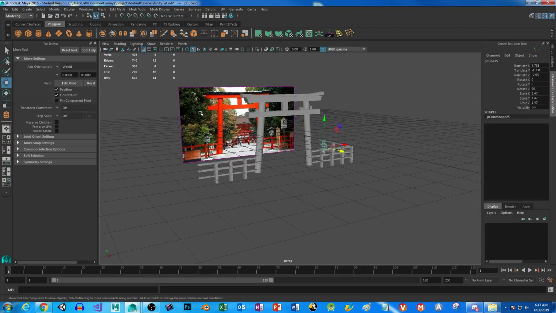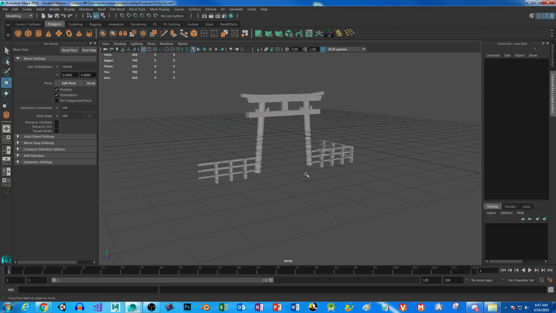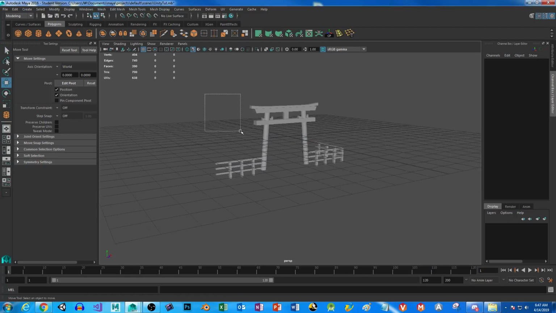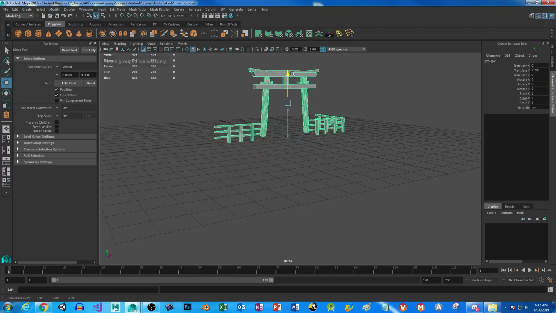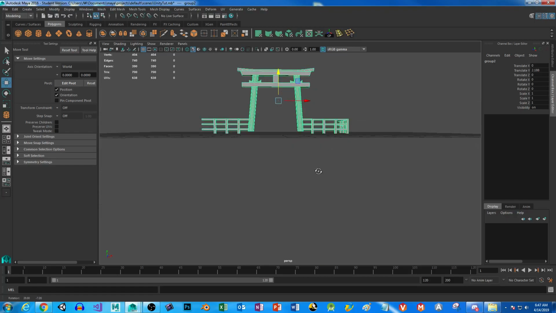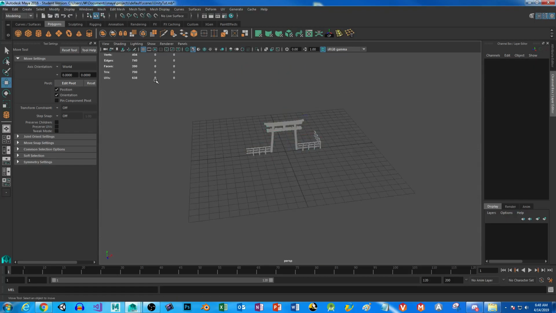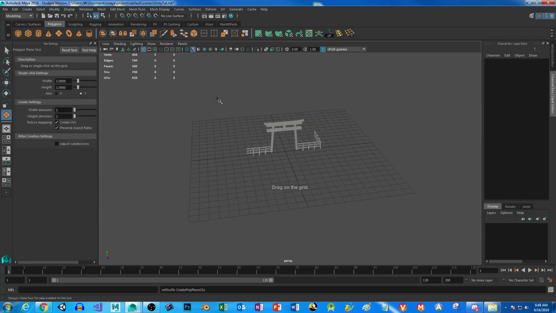So the next thing we want, we can go ahead and get rid of this image. I'm going to go ahead and save it. Obviously one thing we do want is to select everything, Control G, and we're just going to move all this up to right about here. One thing I want to make note of real fast: anytime I work on a scene,